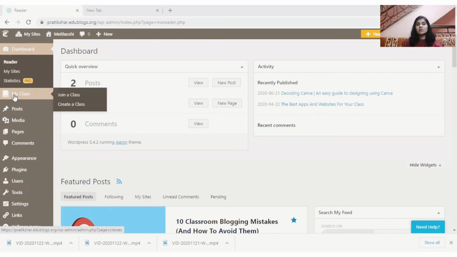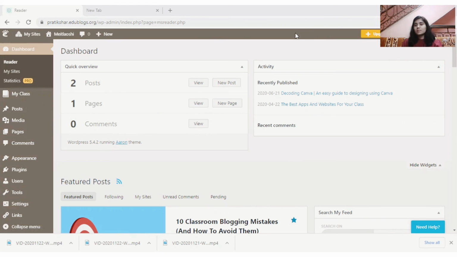Other than that, you can also create a class, but I think you'll have to go to an upgraded version of EduBlogs to create a class blog, a CampusPress thing. But you can always ask your students to use EduBlogs also to see your blogs, and you can follow their blogs regularly.